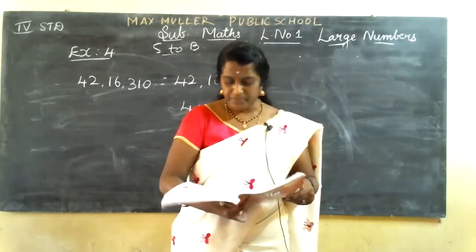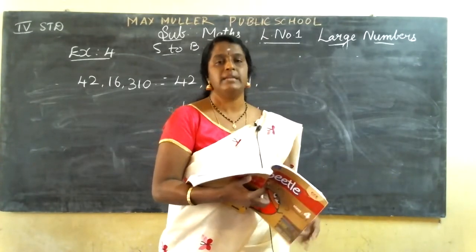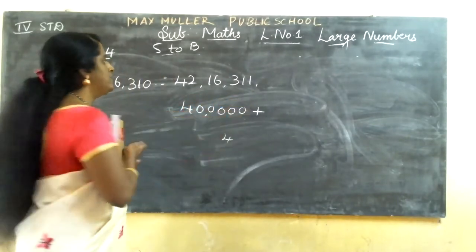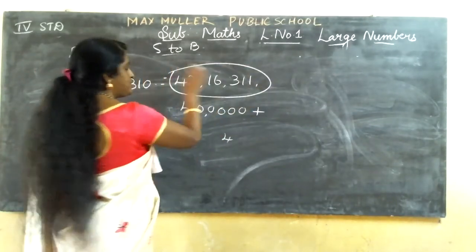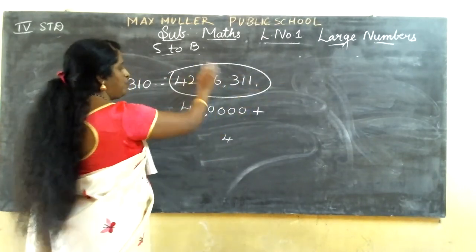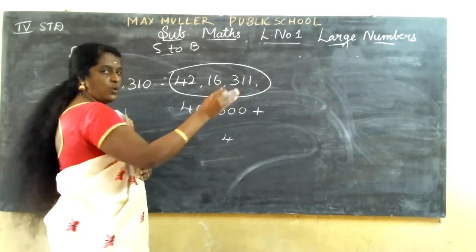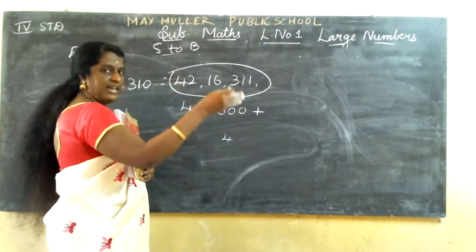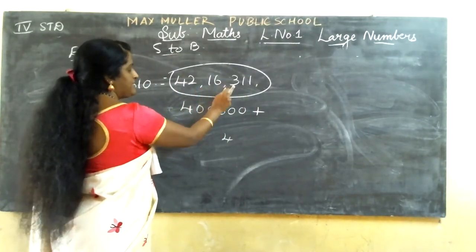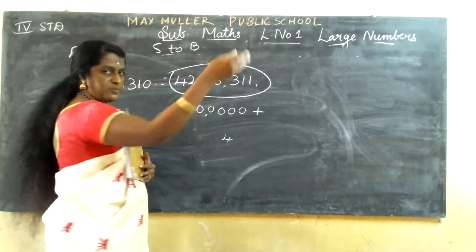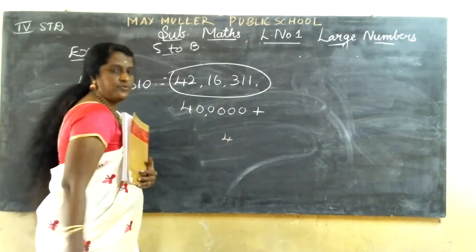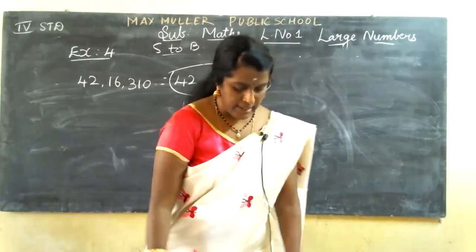So next class I'll do comparing numbers. So you understood, this is expanded form. This answer will come, no, this is standard form. This is expanded, you should expand and go. This is standard form, this is expanded, expand and go. 40 lakh, 3 lakh, next to 10,000, 6,000. Plus 300, plus 10, plus 1, you should expand and go. If I give in expanded form, you should write the answer in standard form. Understand, children? So here I'll end my class.